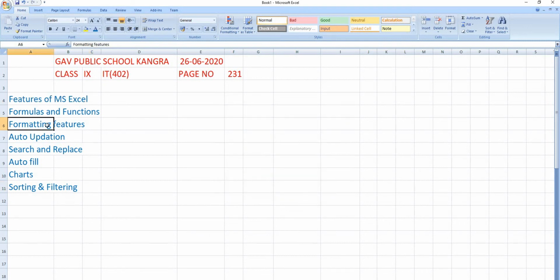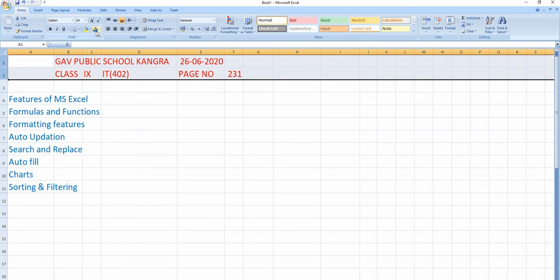Then formatting features. Like any other word processor like MS Word, which we have done, Excel also provides us formatting features. Means we can format our text or data written in the sheet.